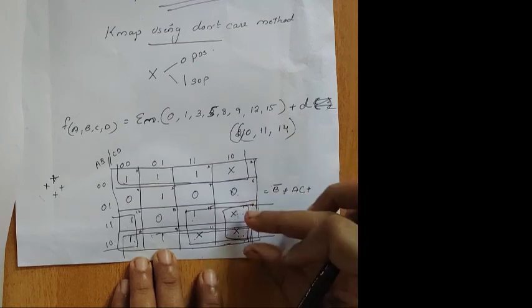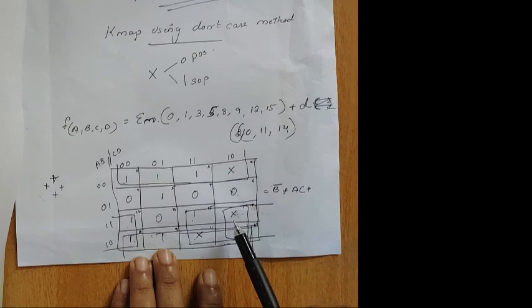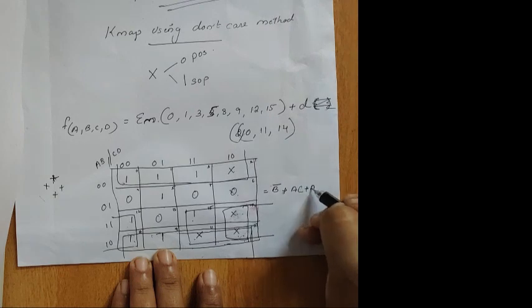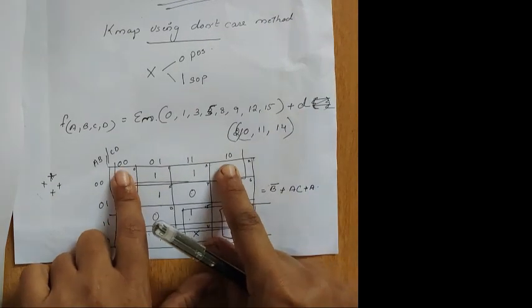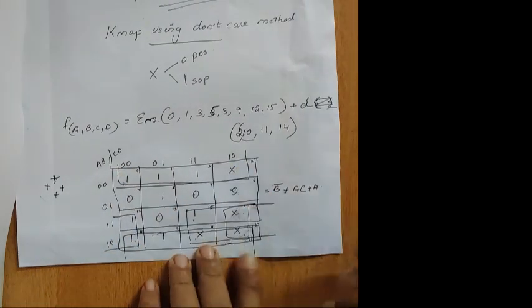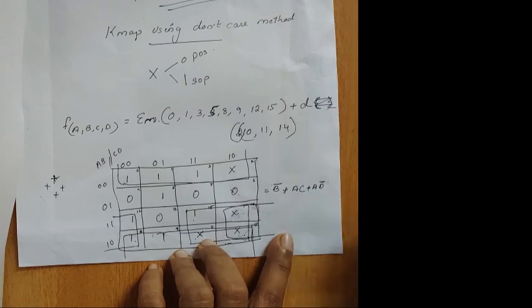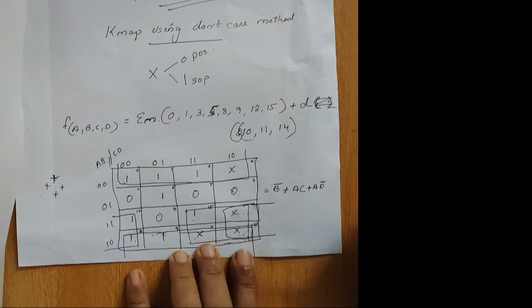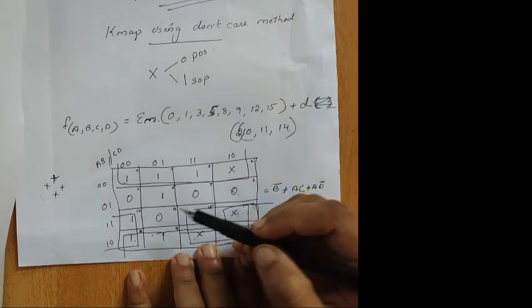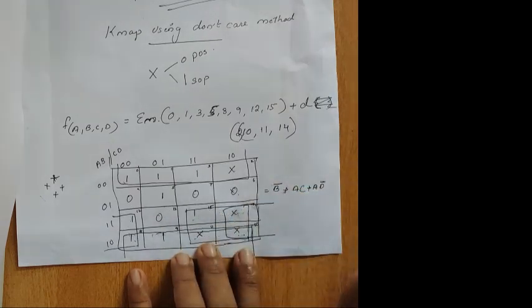Okay, now considering, I am taking over here, you will get again A, and the two terms over here, you will get C is changing from 0 to 1 and D is 0 to 0, and that is D bar. Okay. Now you have to check whether one more data. All the ones should be grouped.